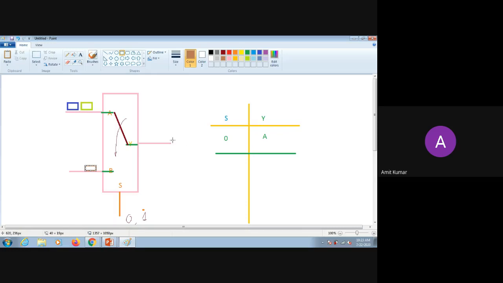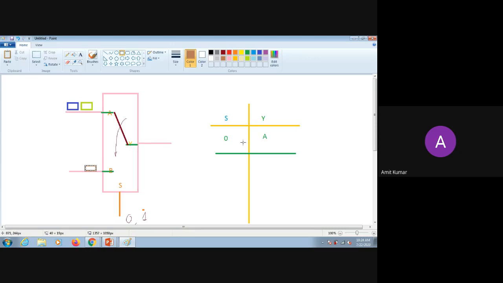So it can be either 0 or 1 if it is a binary form. I have taken a real world example, in that you have taken a car. The car may be any company's car. It can be Audi, it can be BMW, it can be Maruti, it can be Tata, or any car will be there. So that will be passed through your output.